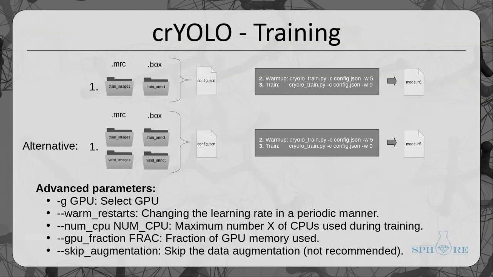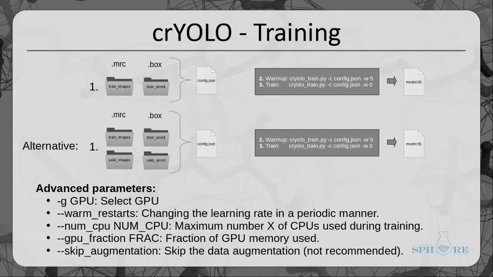Another option is num_CPU, where you can define the maximum number of CPUs that should be used during training. You can tell crYOLO with the GPU fraction how much memory to use. The GPU fraction is used because per default TensorFlow, which is the library crYOLO is based on,